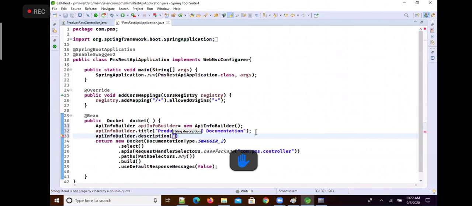For the description, a string, I can say: product REST endpoints to perform CRUD operations. That is the description.